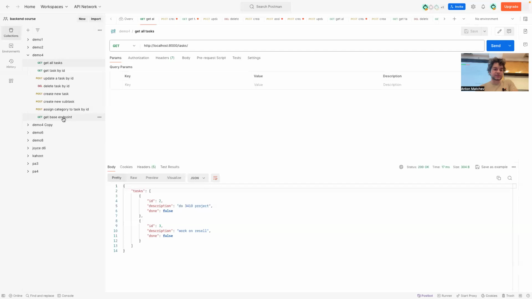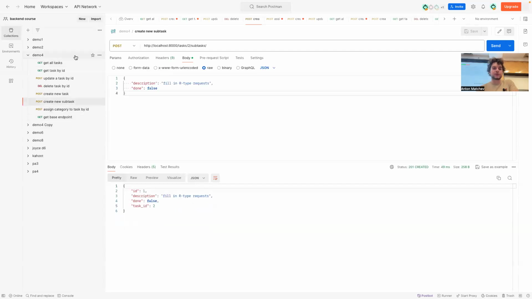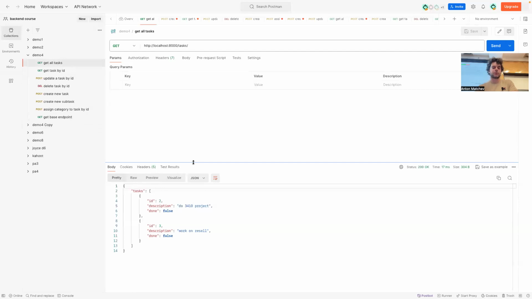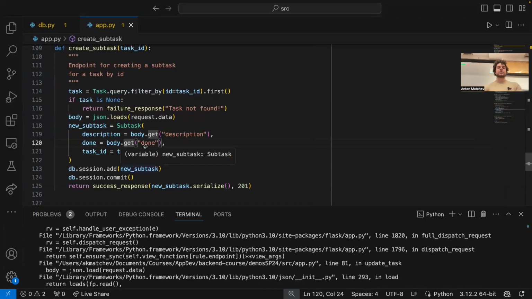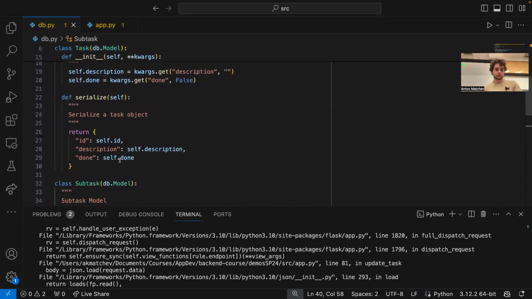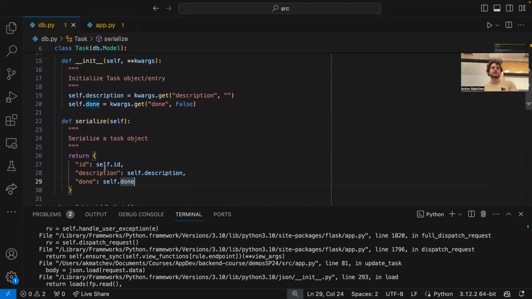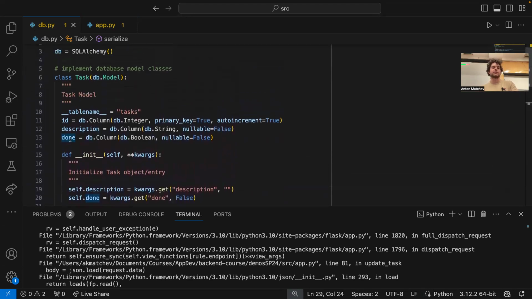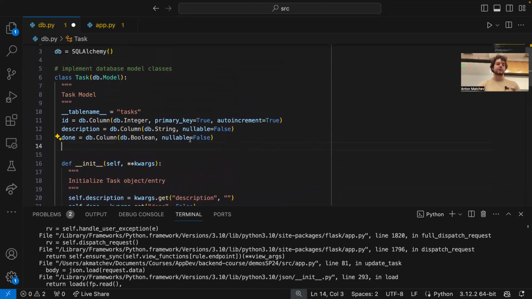So let's say we want to see this subtask that I just created under the get all tasks. The way we display our task is through the serialize function. The thing that we have to do in the serialize function is have some sort of subtasks field in here that's going to detail all the subtasks. But we have no way of referencing them just yet because we don't have a field for them up here. So we're going to want to have an extra subtasks field over here. And so we have subtasks equals